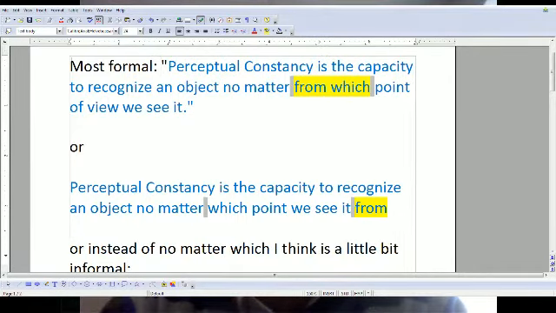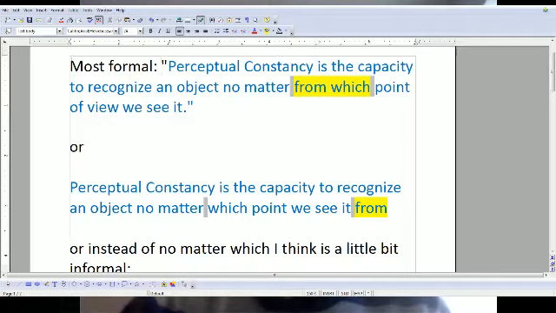So perceptual constancy is a capacity to recognize an object no matter, and it means here we see the object from a point of view, right? I think that's kind of what we're trying to say.